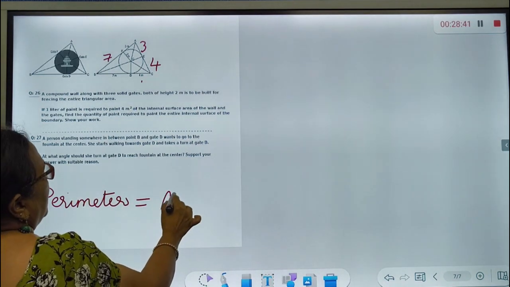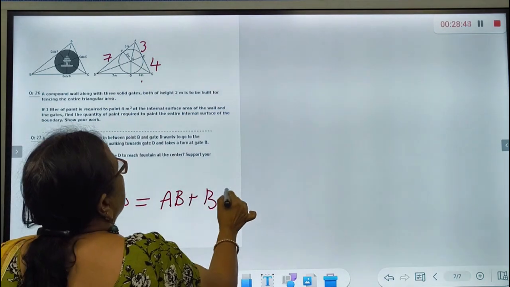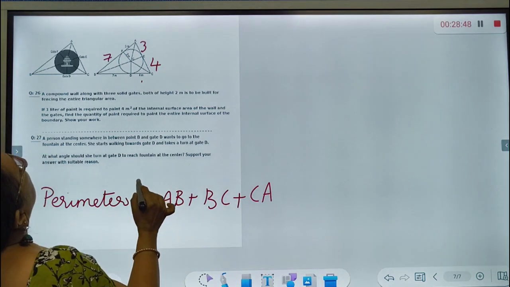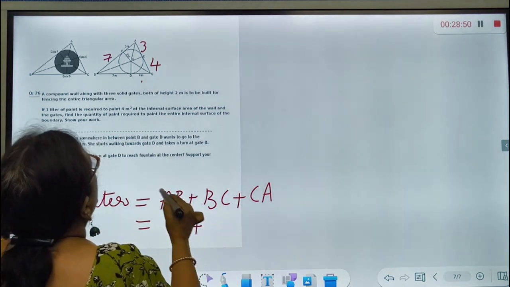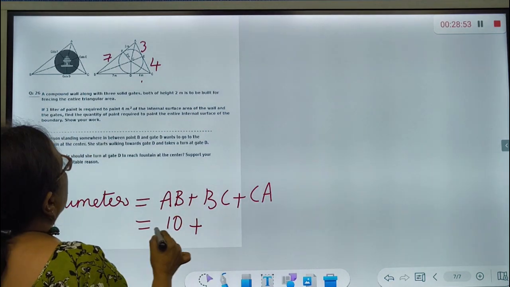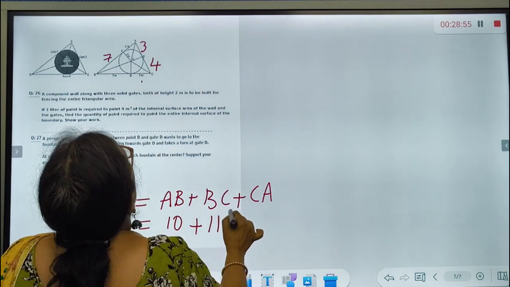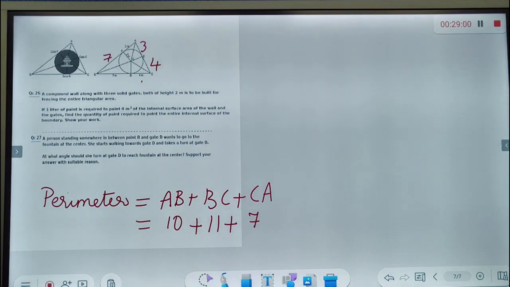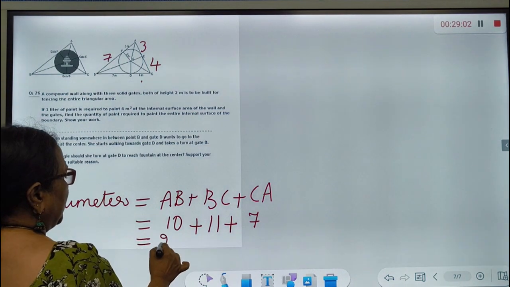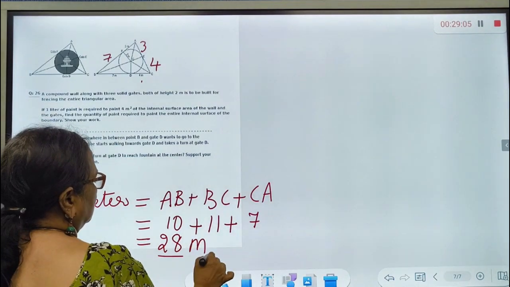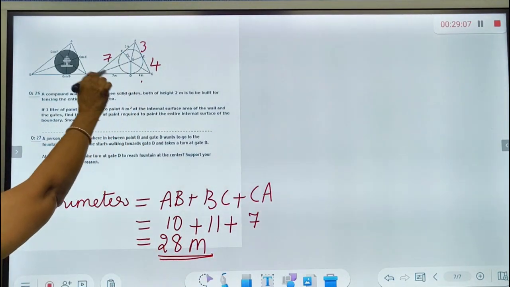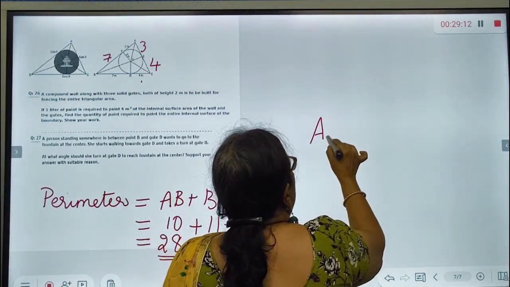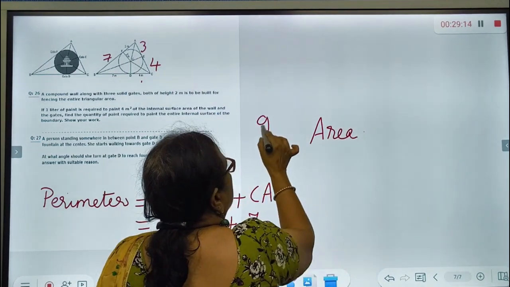Perimeter will be AB plus BC plus CA. What is AB? 7 plus 3, which is 10. What is BC? 7 plus 4, which is 11. What is CA? 4 plus 3, which is 7. This will be 28 meters. This is only the boundary wall, but what is the height? Height is 2. So the internal area will be,